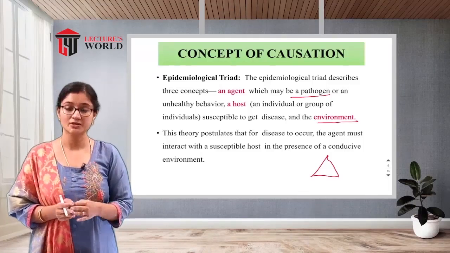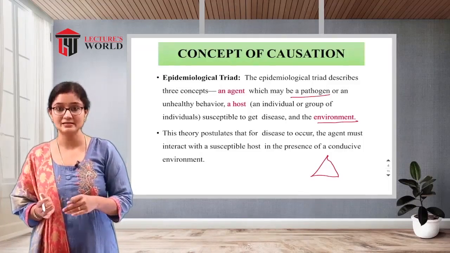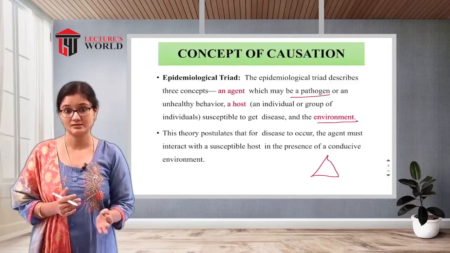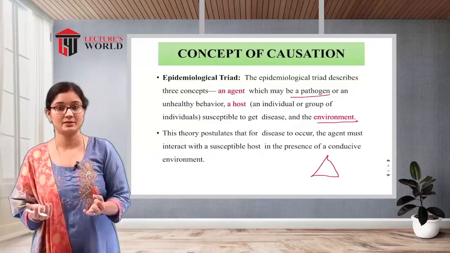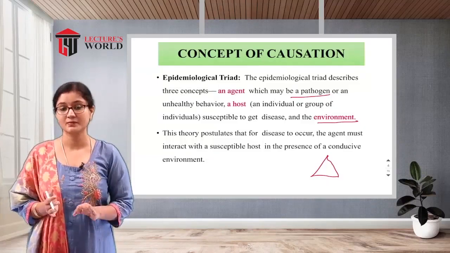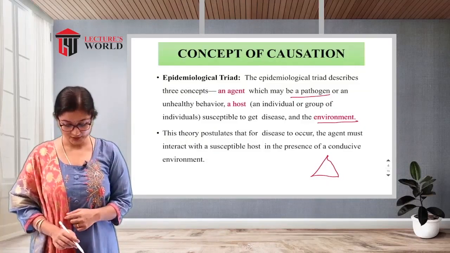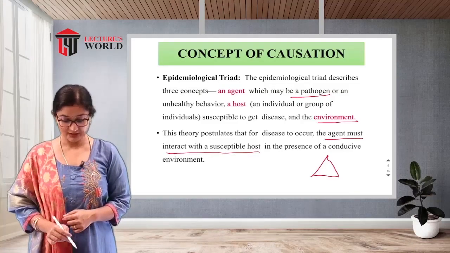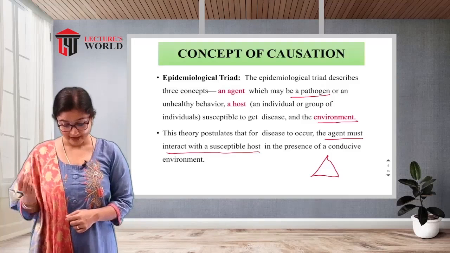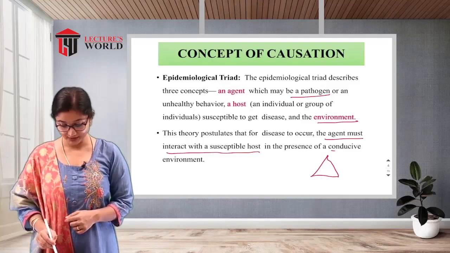According to epidemiology, a person is going to get disease when there is an imbalance of the host with the environment and the agent is already there. So this theory postulates that for disease to occur, the agent must interact with a susceptible host in the presence of a, this is a very important word, conducive